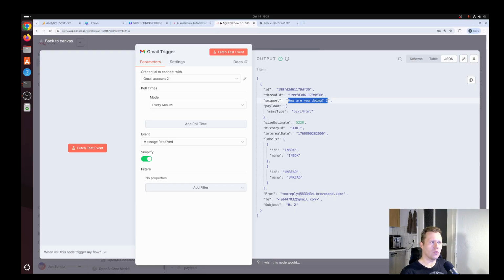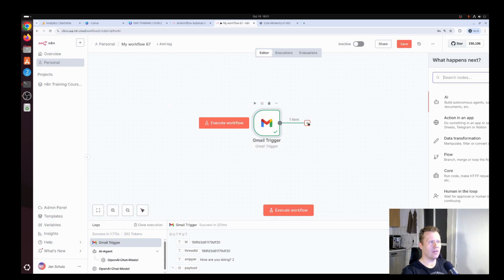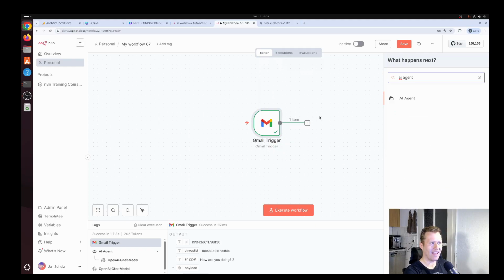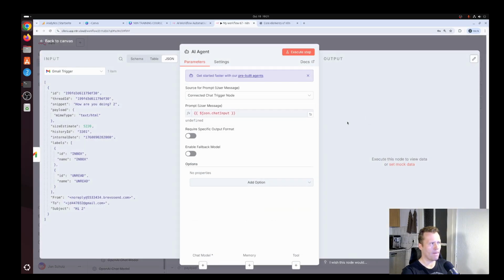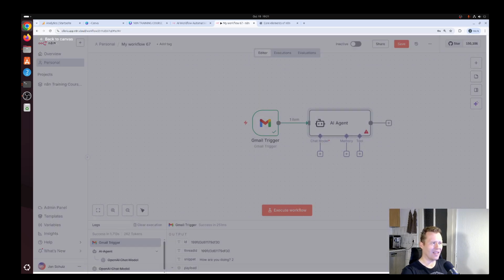Now we want to create an AI agent that reads this email. So let's click on Back to Canvas, and let's click on the little plus and search for AI agent. And here in the input area, we can see the body is here saved as snippet. Then the from is here saved as from, and the subject is here saved as subject. Okay, so let's go back to Canvas